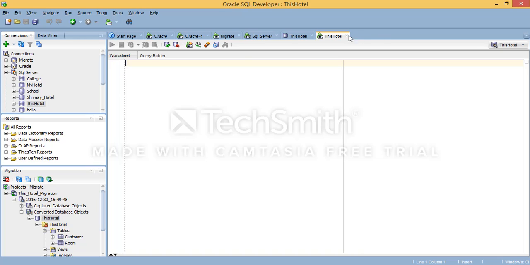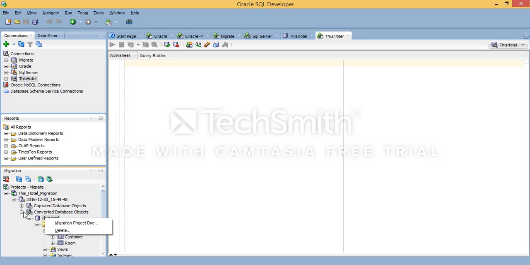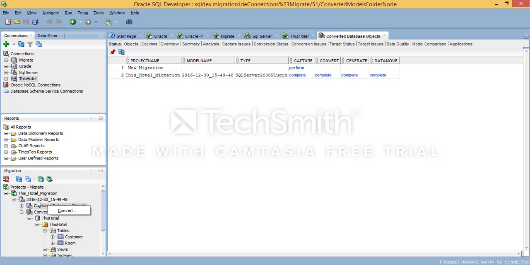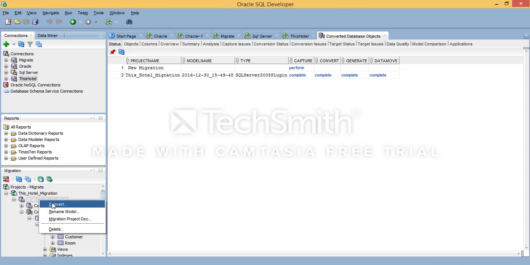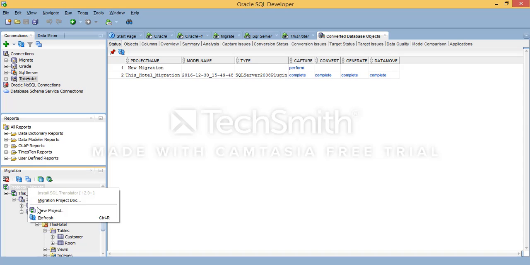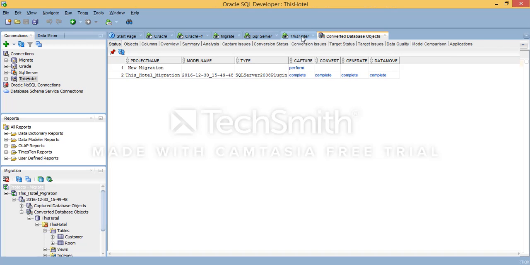Yes, you connected. You can see you are connected. Now you can see successfully migrated database. So no problem.